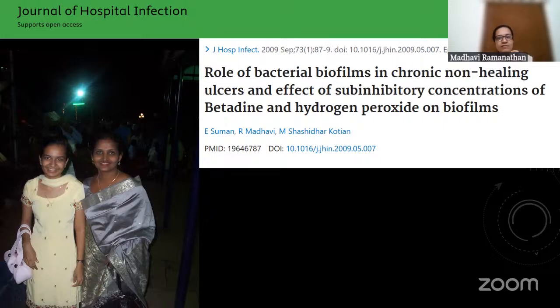So this was my very first publication, which was not an ophthalmic publication, rather a microbiology publication, which happened during my final year of MBBS. And this was done as a part of an ICMR short-term studentship program, which is only a 3-month program. And the research was conducted just for a period of 3 months. And with the help of my mentor, who is seen alongside me, Dr. Ethel Suman, who belongs to the Department of Microbiology, I was able to get it published in an international journal.